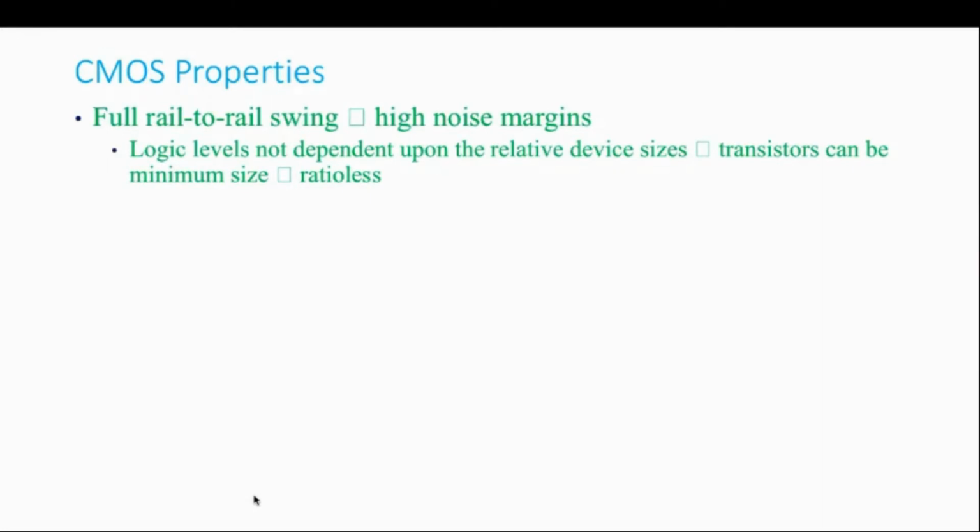Another thing is, your CMOS device is ratioless. That means there is no fixed ratio in which you're supposed to implement your things. So it is ratioless. So when we discuss actual implementation of CMOS, we will get the idea of these 4 parameters in detail. But right now, before we begin the topic, I would like to discuss that these are certain features as far as CMOS properties are concerned.